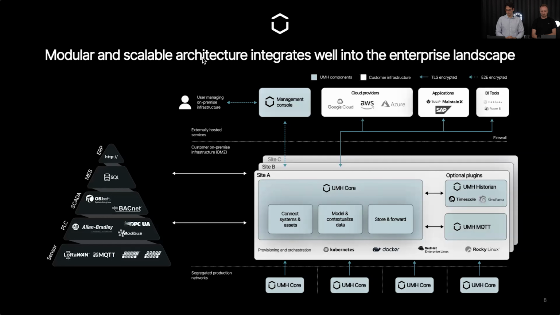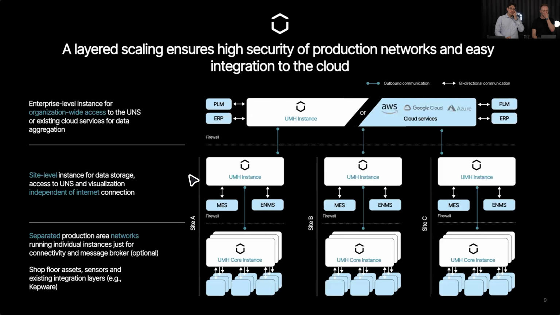Okay, we have one more page talking about the architecture itself. This one over here. Some of you might also know it. In general, this is where you would deploy UMH Core instances in separate, segregated networks that you have, and then the full UMH instance, if historian and Grafana on-site level are required. Then once again push it to the cloud of your choice or to a central UMH instance, where you combine pretty much all of the unified namespaces together.